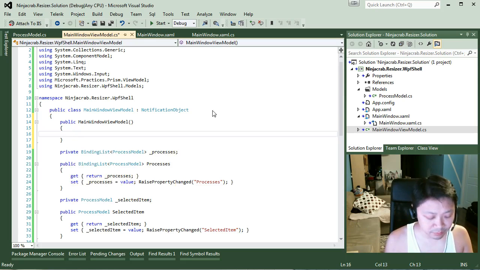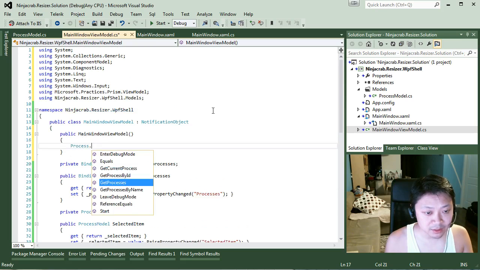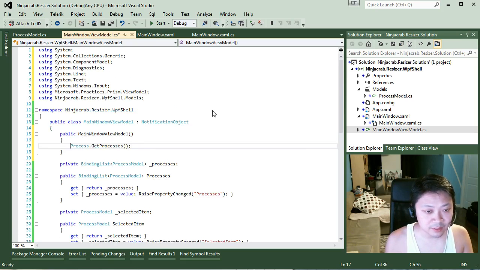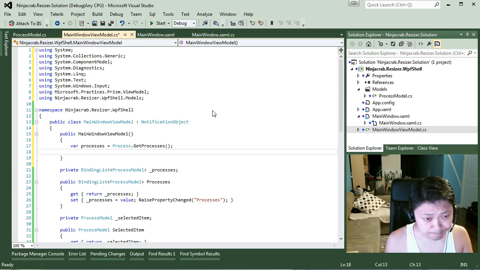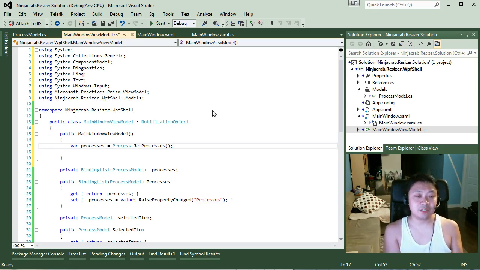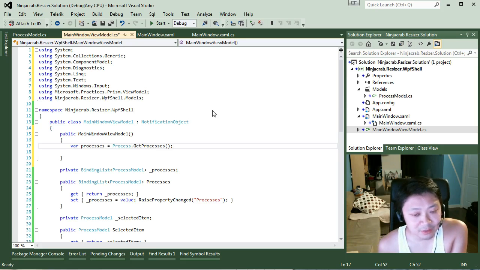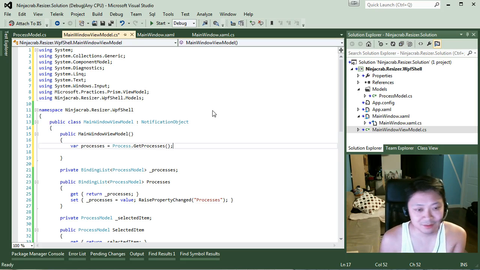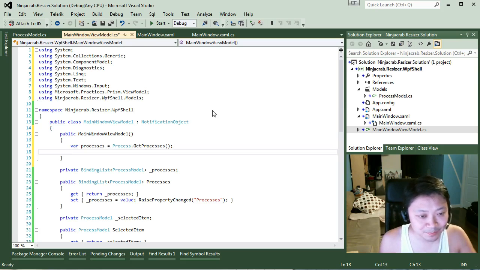Okay, so first we'll get the system namespace of process. Get processes. Fantastic. That returns an array. So we'll say var processes equals. Okay, so now we've got a list of all the processes. We can't actually bind the list of processes to this specific type to the screen. I've tried earlier because there was an access denied. I presume it must be because some fancy reason. I'm actually not really sure why, but I haven't investigated. So what you need to do, so to just get through that, that's why the process model was actually